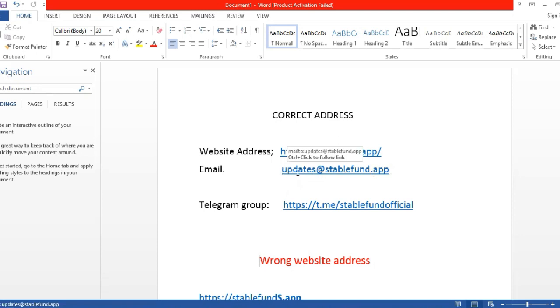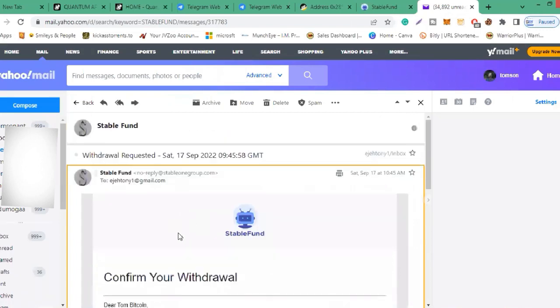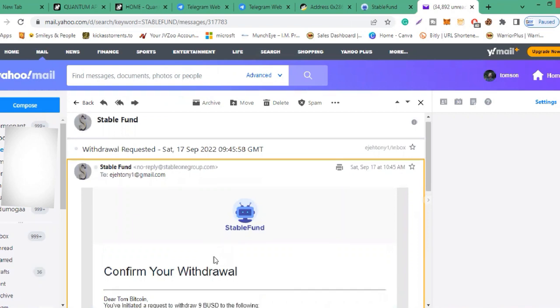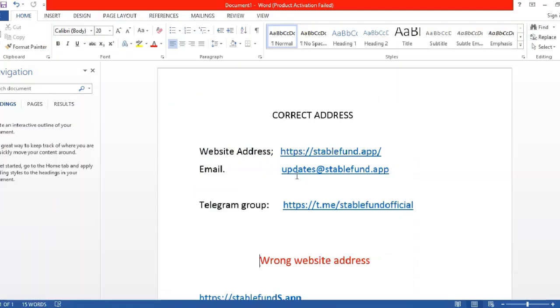Updates. This is the only means that Stablefund will send you email, okay? Now, if I go to my email here, I'm going to show you the mail they sent me. You can see this is the mail they sent me, and this mail actually came from this updates, okay? So make sure that any email you are getting from Stablefund, check the email address, make sure that it's updates@stablefund.app,